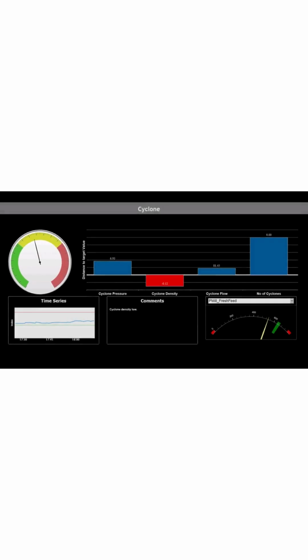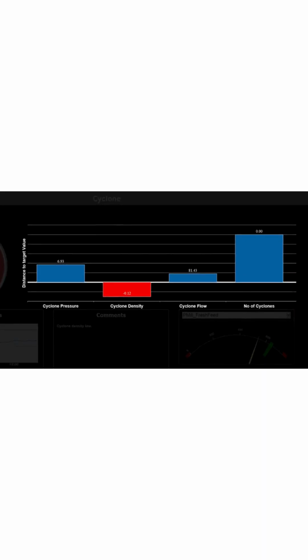The performance index dial on the top left-hand side indicates how close the system is operating to the ideal state, represented by the green range. To the right of the dial, the key process influencing factors are displayed as bar graphs. The dial will move outside the green range as soon as any one of these key factors exceeds defined constraints, and the particular key factor bar will turn red.